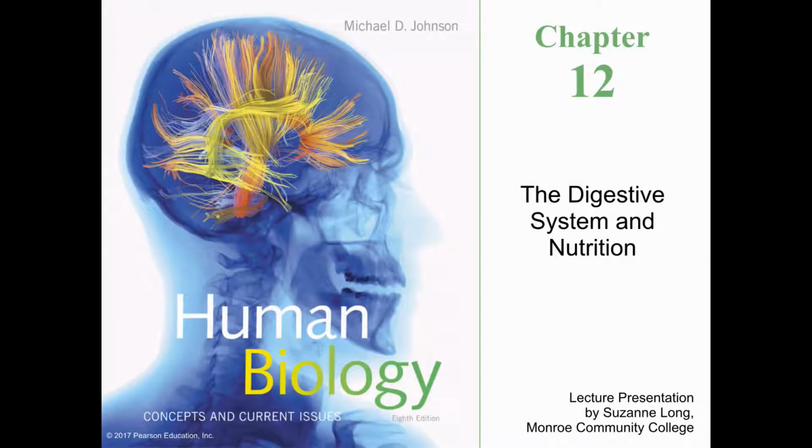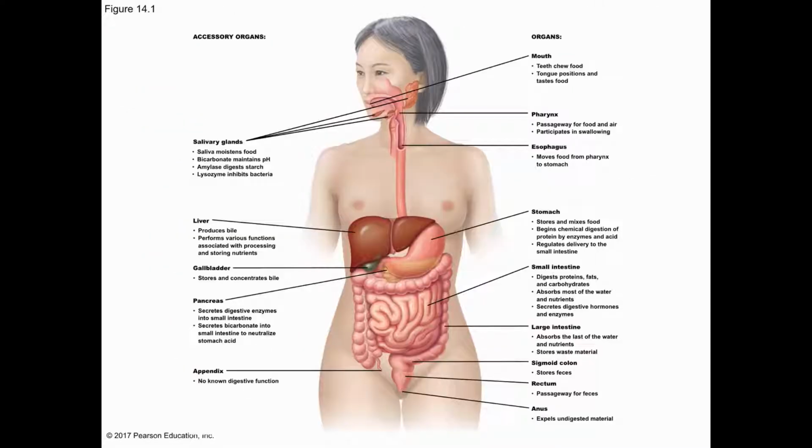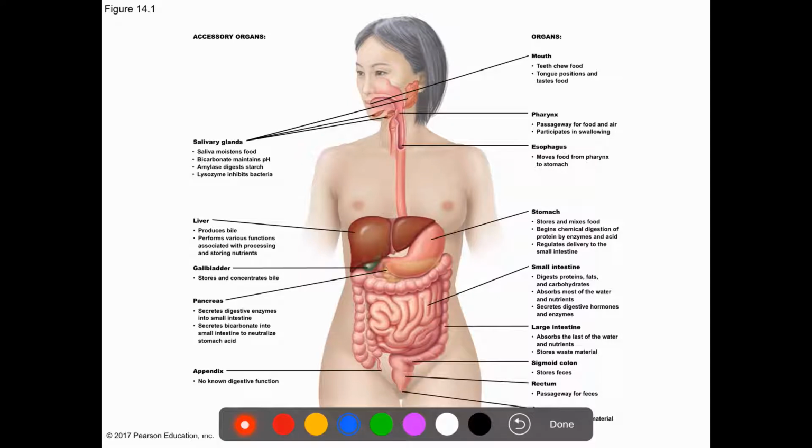We will start now chapter 12, which is about the digestive system and nutrition. The digestive system is one of the largest systems in the human body, and it is responsible for bringing nutrients into the body. It includes what is known as the gastrointestinal tract